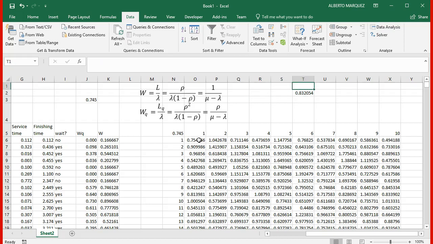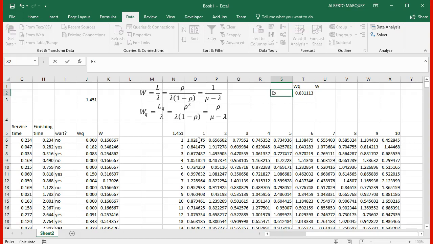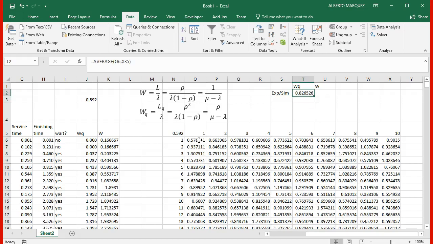The concept is WQ and W from the experiment or simulation. This is what we're getting, and by using the rule for the 1/6 as a service time, we would add 1 divided by mu